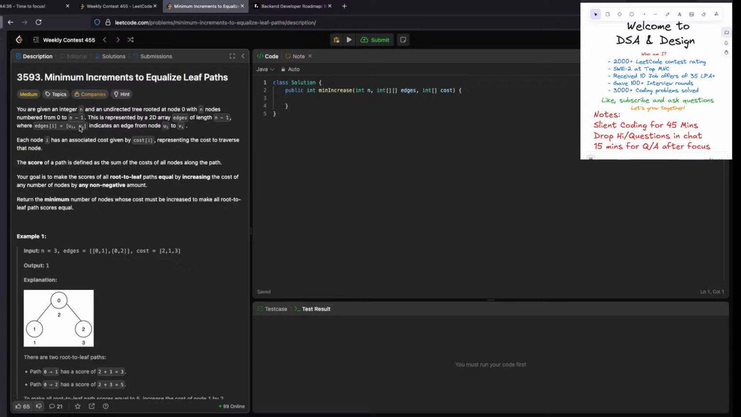Given an integer num and an undirected tree node. Right, okay, it has a node. Each node has a cost, representing the cost of the path, which is the sum of the costs. Okay, the goal is to make the score by increasing the cost of